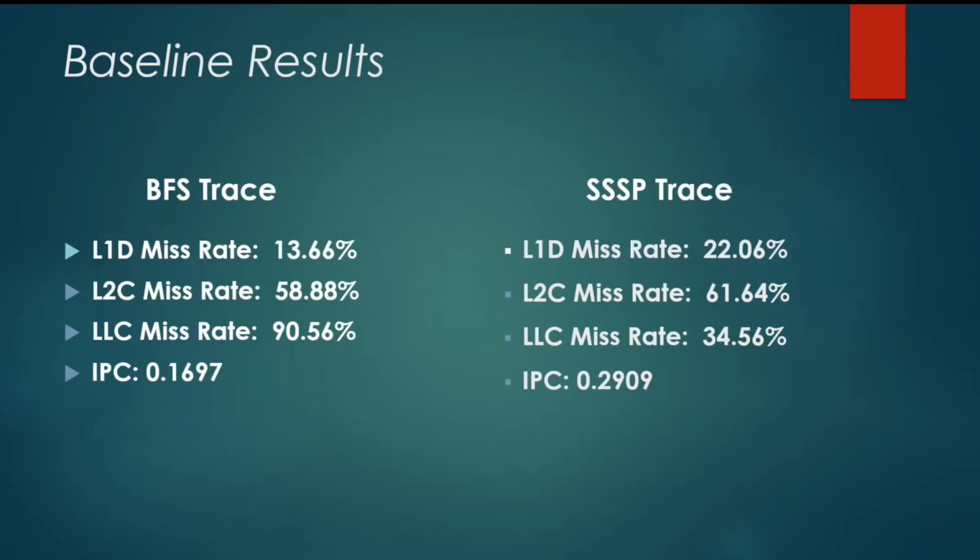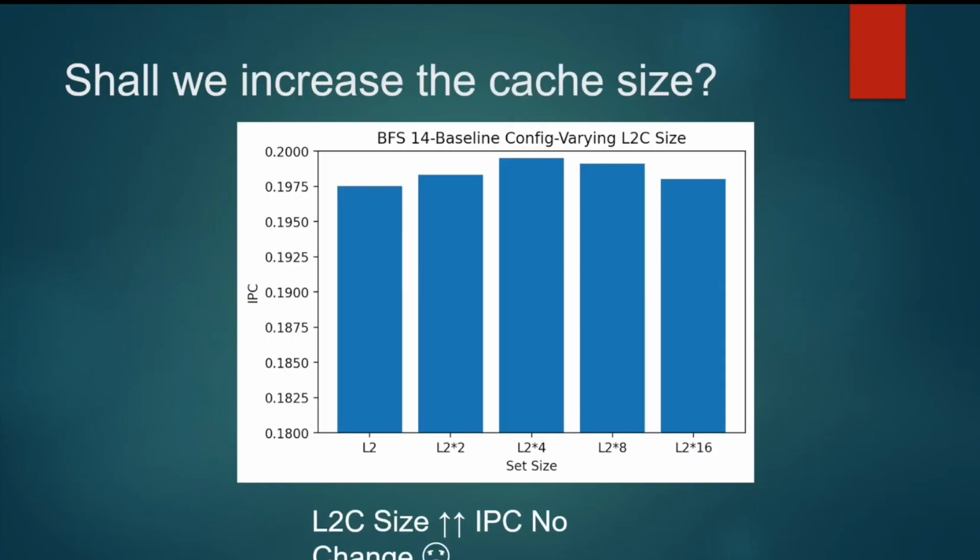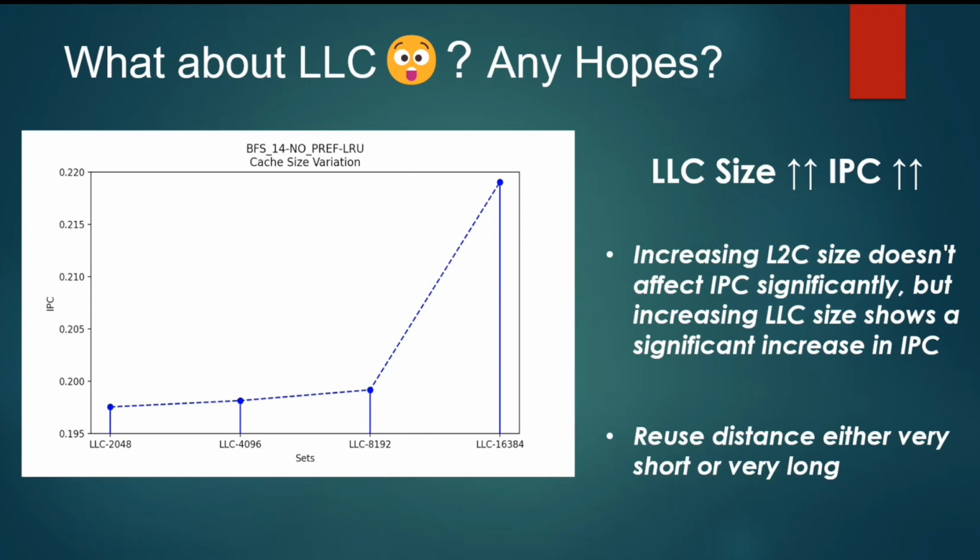We started off by analyzing the results on the traces when using our baseline cache configuration. We observed that the hit rate of L1 is considerably higher than that of L2 and LLC, and thus we first started off by changing the sizes of L2 and LLC. Changing the size of L2 didn't yield any improvements, as can be seen in this graph,